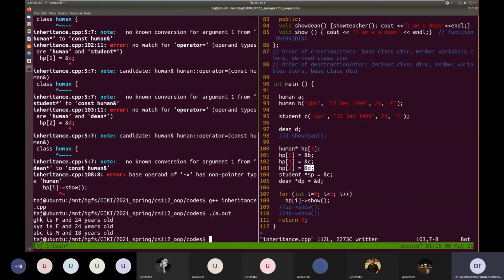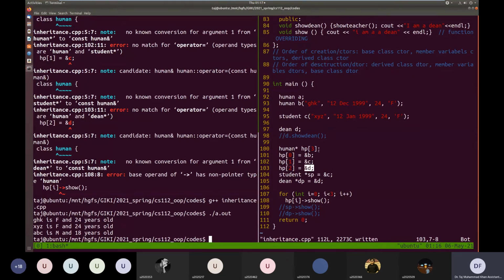But what if we wanted to call the show function of each of these classes respectively in derived classes? This is very useful. There are a lot of occasions where we have hundreds of objects of different types, and we want to call the show function or the equivalent of that particular object, not of the base type. We have to call them, let's say, in a loop. In a loop, we have to put them in an array, but in an array, we use pointers, and those pointers are of the base type.